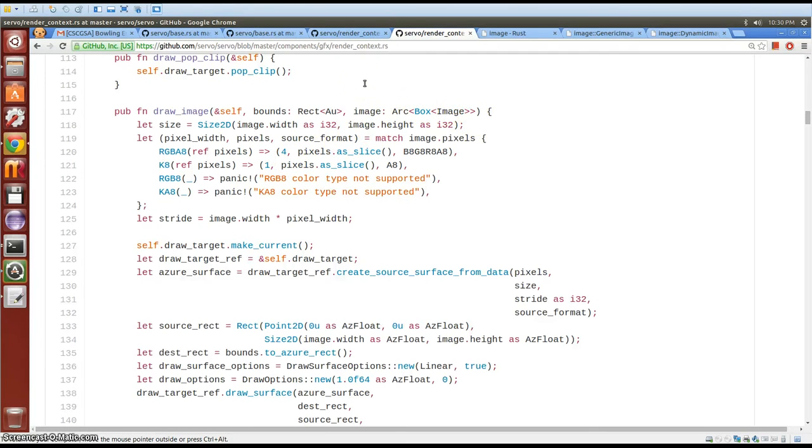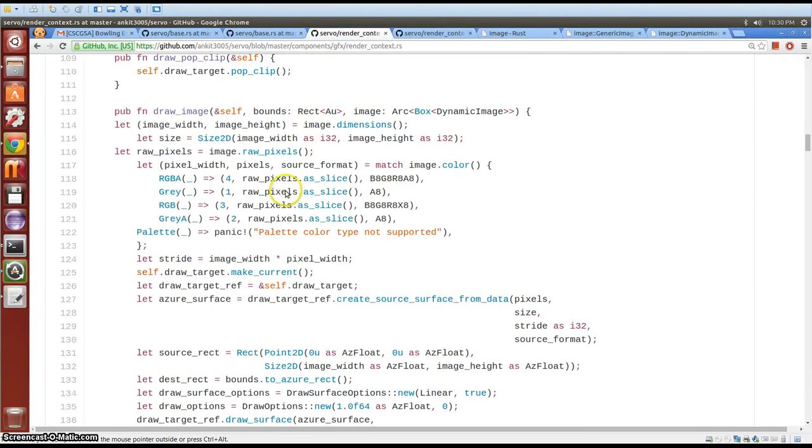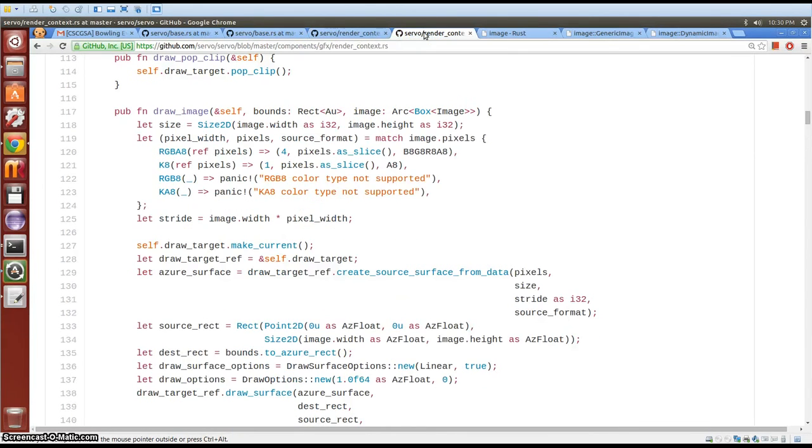The issues were of two types. Firstly, where the image depth and height were being extracted. This was previously stored in a struct, but now we had to use a library function called dimensions to retrieve these values. The other issue was related to the pixel data stored by the image.